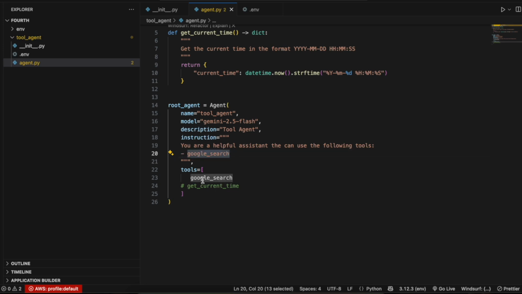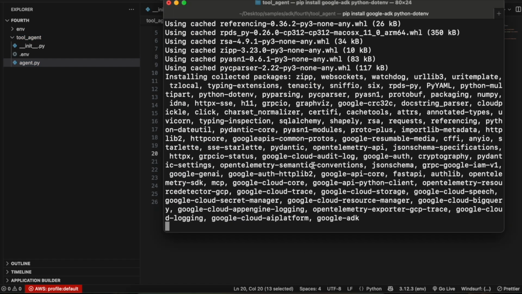So this name should match what you have given it inside your tools. So Google search here, make sure you use Google search over here as well. Okay, I think that should be it. This is still installing the dependencies, and if you want you can also create the requirements.txt using the